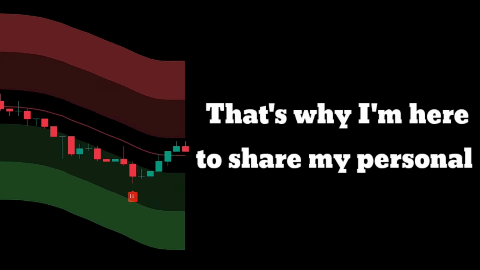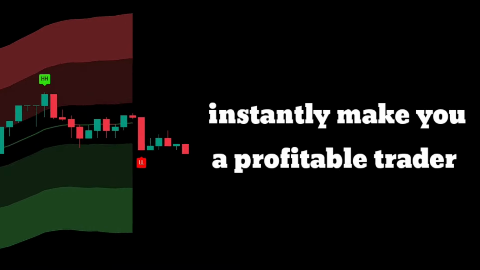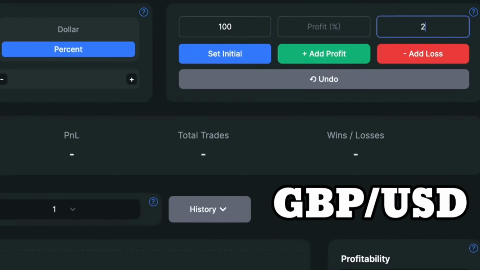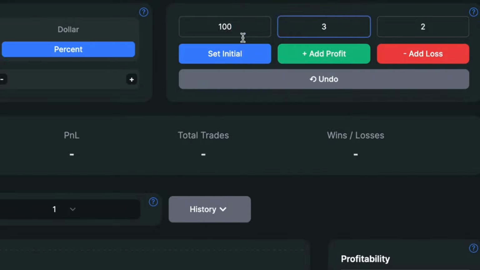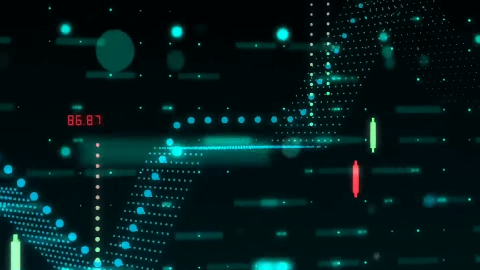That's why I'm here to share my personal scalping strategy with you today, one that can instantly make you a profitable trader. I'll be backtesting this strategy 100 times on the GBP/USD 1 minute time frame so you can see all the metrics behind it. Make sure to watch the video all the way through as I'll explain this strategy in detail and provide plenty